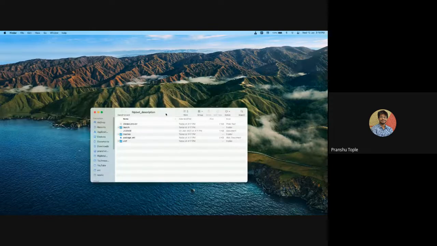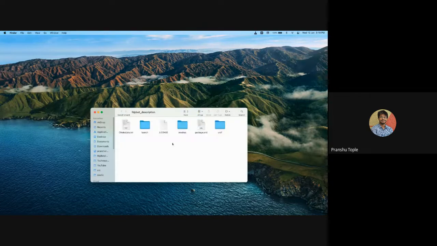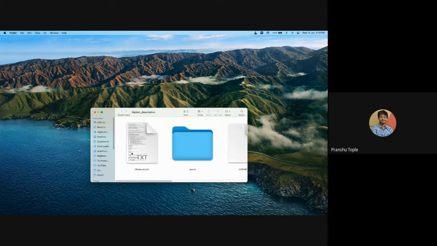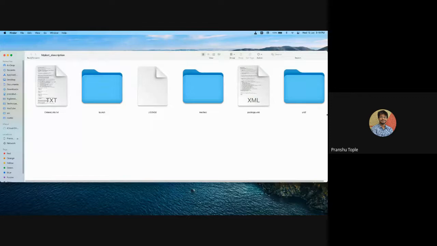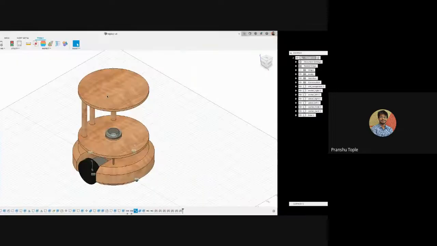There is a new folder which is created, and I will just increase the size so that you can see it. So as you can see, this new folder is created whose name is FDP bot underscore description. So where did this name come from?